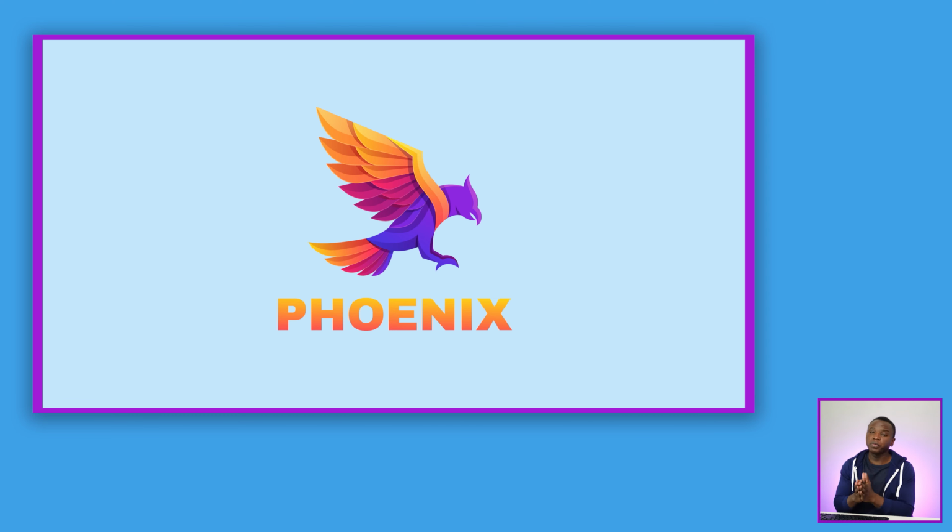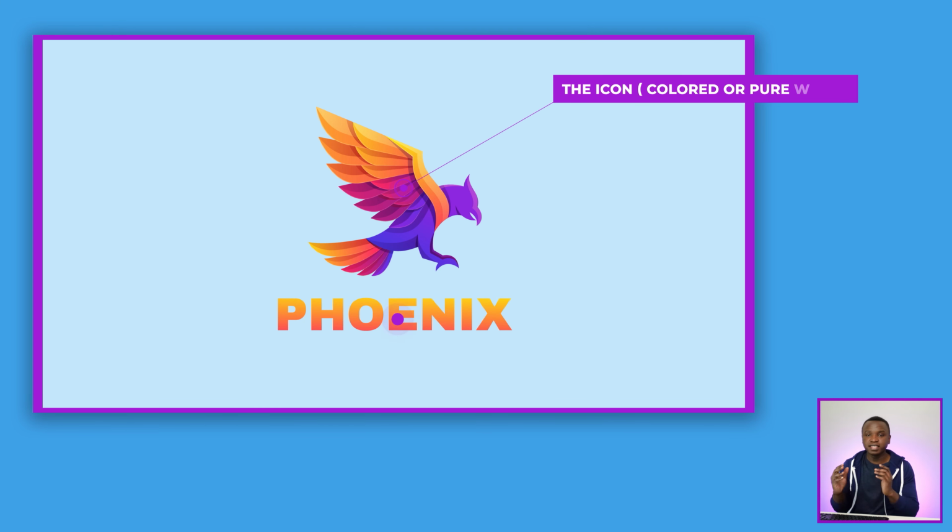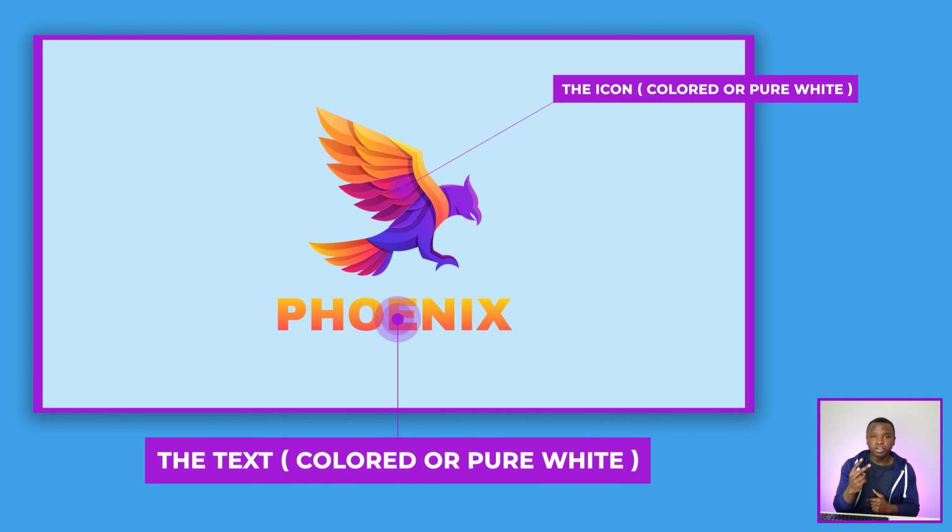Now that we have colors, it's time to use our colors. We're going to use our colors to make a logo, and this logo is going to be in two parts. It's going to have the icon and the text. We're also going to have two versions of this logo: a colored version and a white version. So now to do that, let's go to